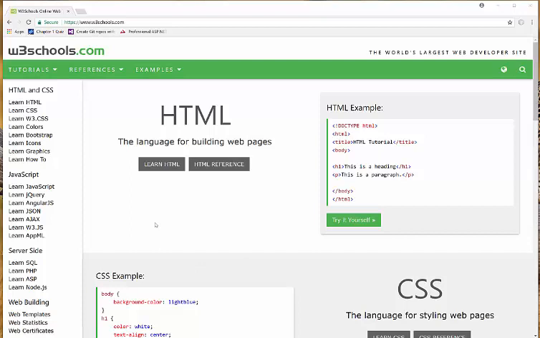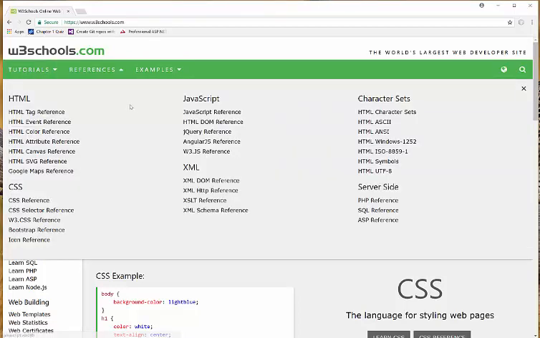I don't really know where they're coming from, so I thought I would point you to this website, which probably looks familiar to you about now. If it doesn't, then let me introduce you to w3schools.com. Guessing you've probably learned that one in your sleep. Anyway, I want you to click on references, and then look at this link here that says